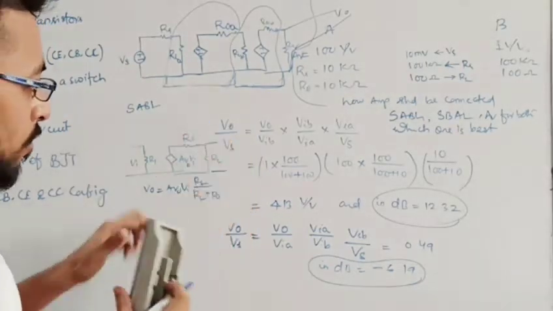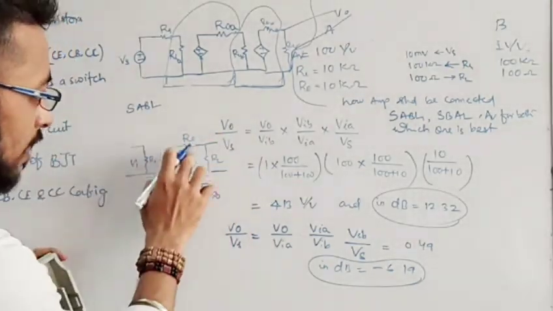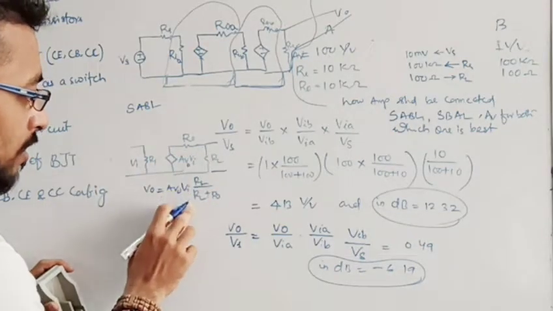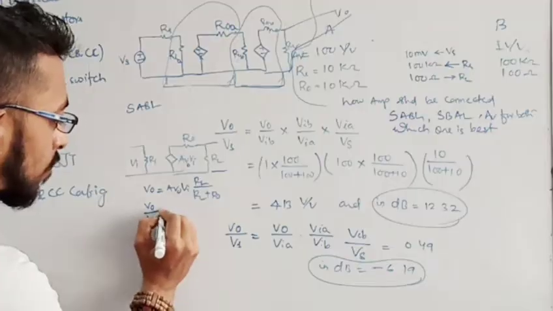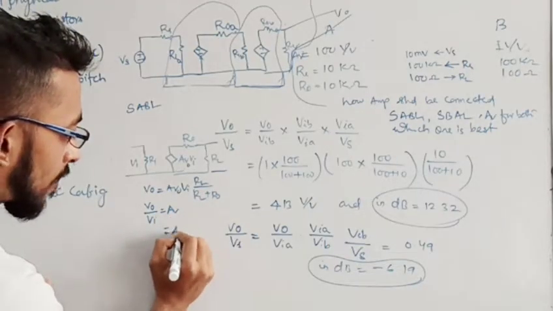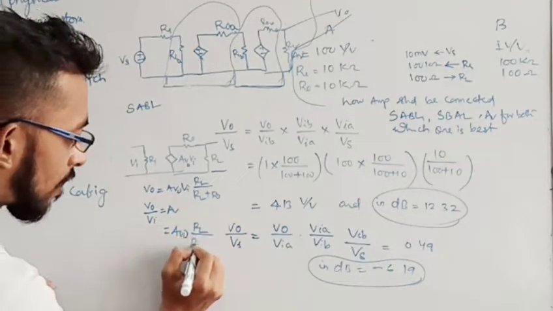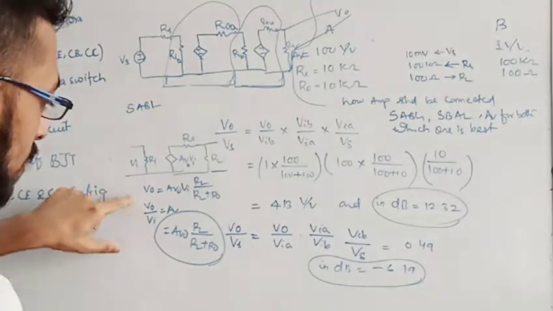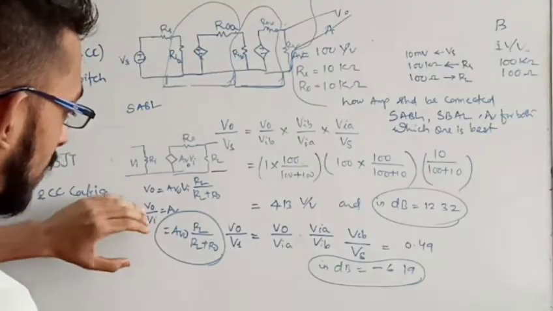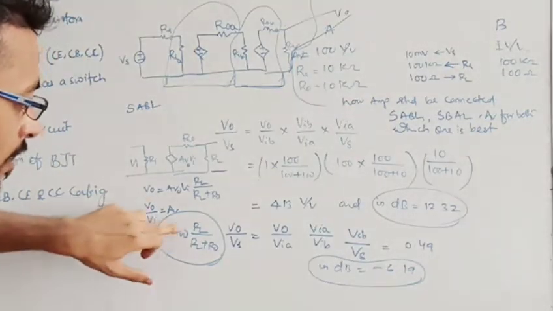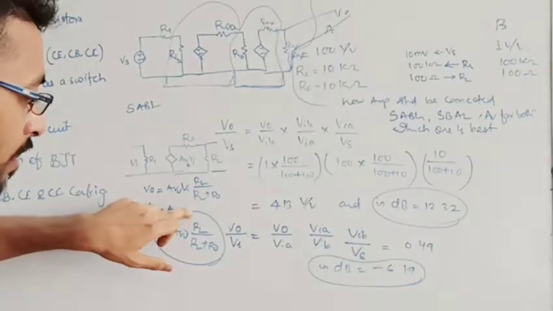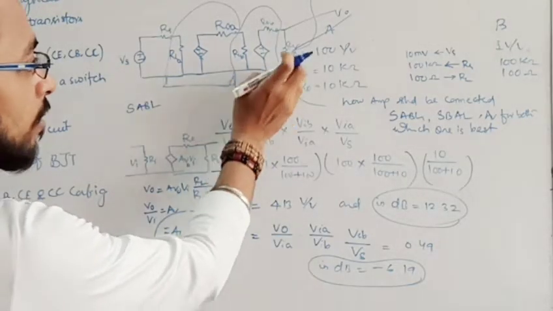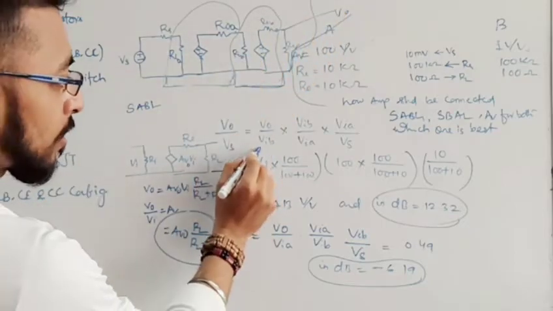Okay, this is the output voltage, which is nothing but this voltage. There will be a voltage divider. This voltage multiplied by this resistance divided by the sum of resistances. So my V out upon V input, which is nothing but my AV, what will be the value? AV naught RL upon RL plus R naught. So this is the case. Whenever a voltage gain is there, we have to find the gain. We have to take the open loop gain multiplied by the output load resistor divided by the load resistor plus output resistor. Now for this part, for V out upon VIB, that is for this part.